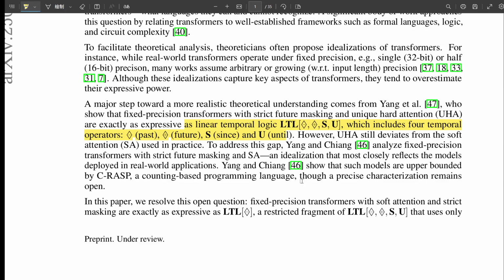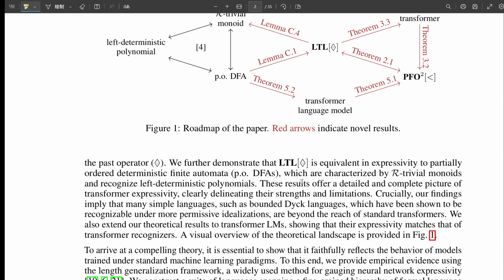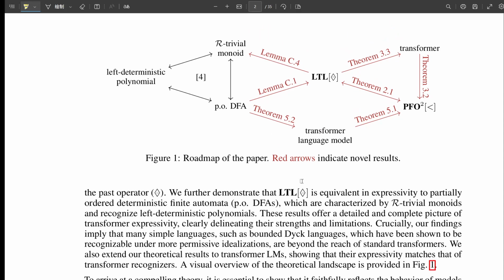symbol up to now has been a B. But it cannot easily express things about the future or relationships that require, say, counting across the whole sequence or matching things arbitrarily far apart. Like, it couldn't easily say the number of A's so far is even. Exactly. Or for every A seen so far, there will eventually be a B. That kind of future-looking or global counting property is generally outside LTL[◇⁻]. The paper uses the example L, which is just the set of all strings that contain at least one A. You just need to look back and find one.